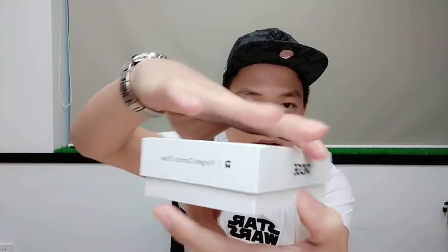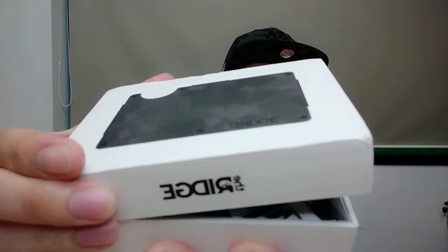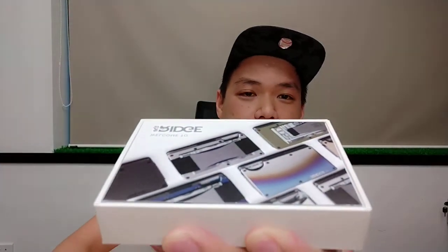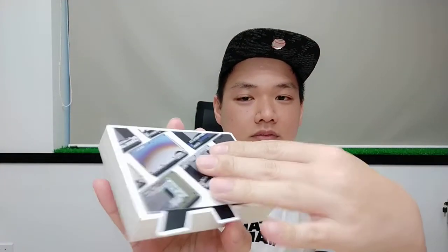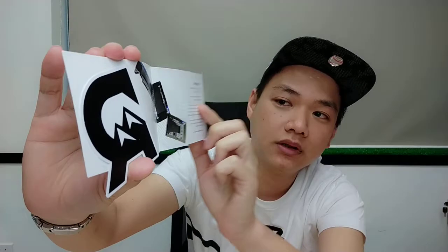Okay, so the moment of truth. How does it look? Okay, I should do it this way for you guys to see. Ta-da! Oops! There's this brochure, I think, of the items. Let's see that first. Okay, what they have here is a collection of their wallets, and you can open it up,